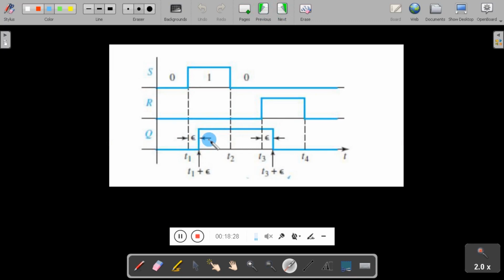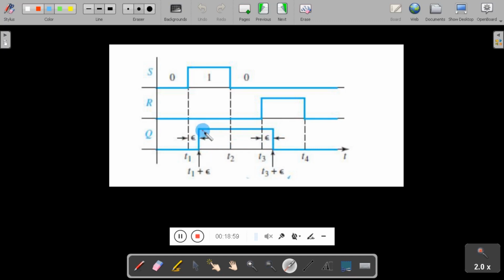But you have to make a note here that you are not getting exactly the output at the instant of T1, because each and every gate has its own processing delay, switching delay or gate delay. Because of that delay, the output will get shifted by certain nanoseconds or microseconds. Here you can see the shifting of the output waveform. That is because of the processing delay or gate delay.